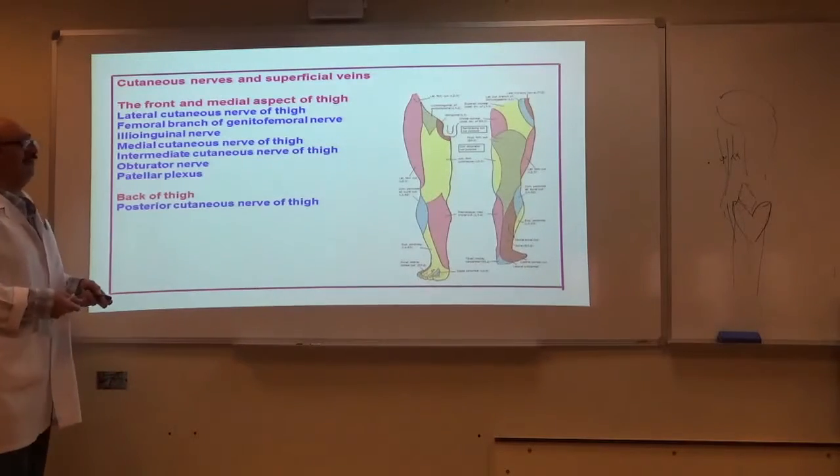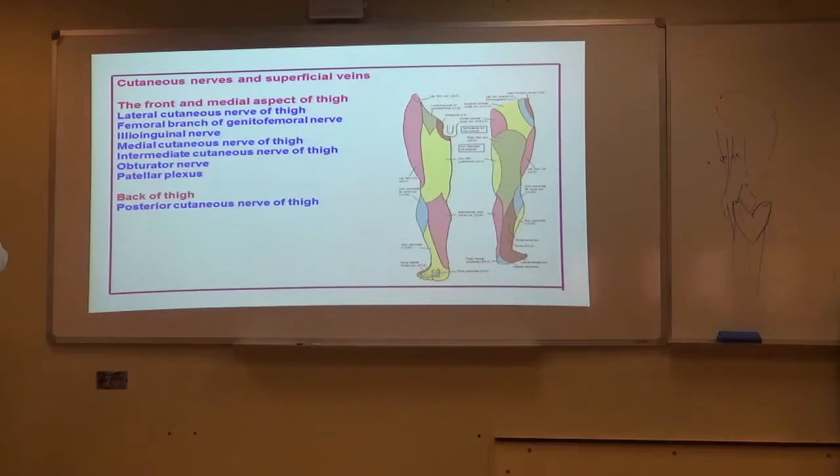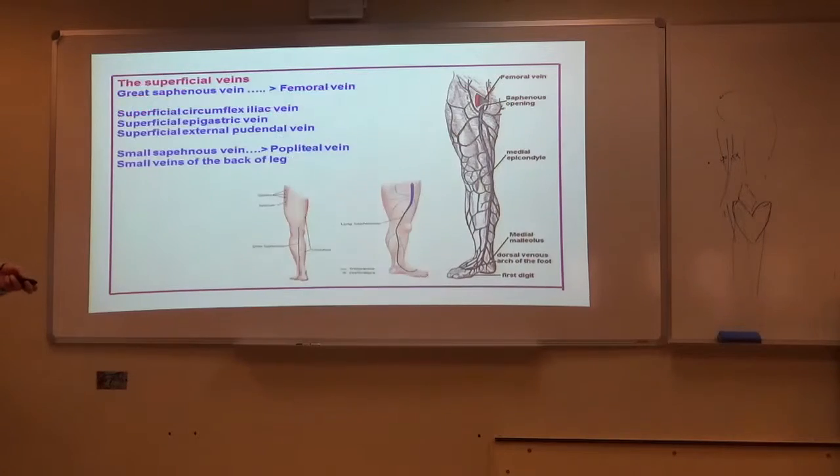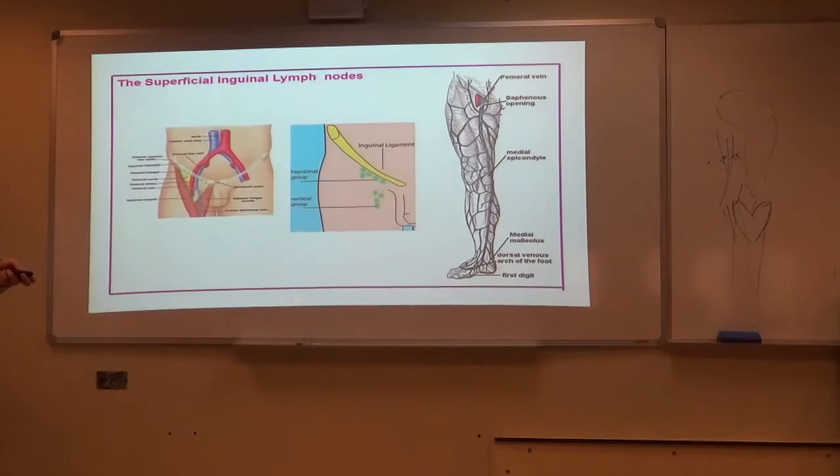And here, in the thigh, I don't find in the objectives that you need the cutaneous nerves and vessels. But still I write here, if they are in the objectives, please follow the objectives. If they are in the objectives, please read from here. If they are not in the objectives,